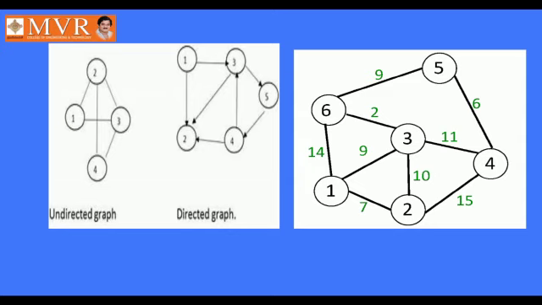Second one is a directed graph. In this, if we observe, there is an edge from vertex 1 to vertex 2, and the direction is also given on the edge, that is from 1 to 2. So since the direction is given, it is called a directed graph or a digraph. Here there is an edge from 3 to 2, 4 to 2, 5 to 4, and 4 to 3, and the directions are also clearly shown on the edges, so it is called a directed graph.